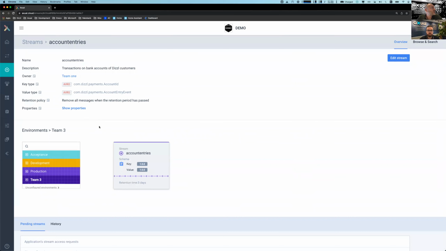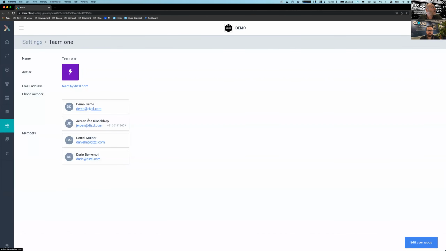For account entries, you see that we keep some metadata associated with this particular topic. So there's a description. This is a topic that contains transactions of a non-existing bank. Very importantly, there is an owning team assigned to this particular topic.